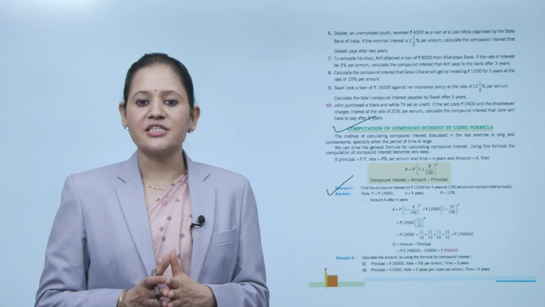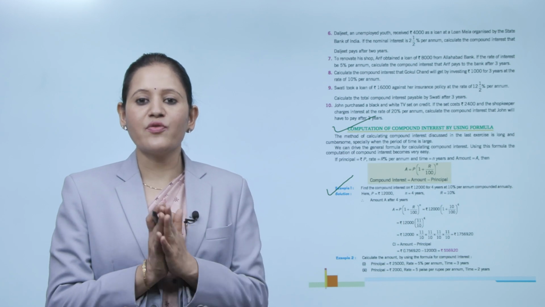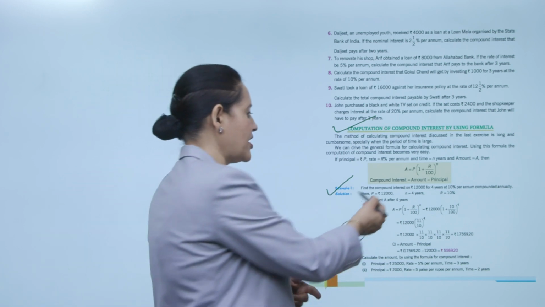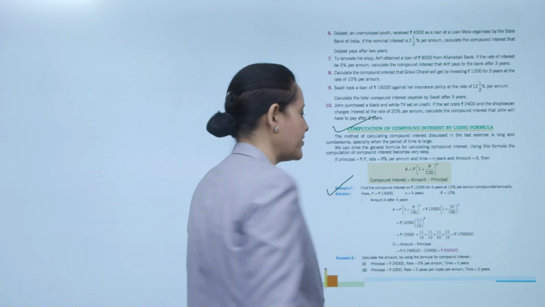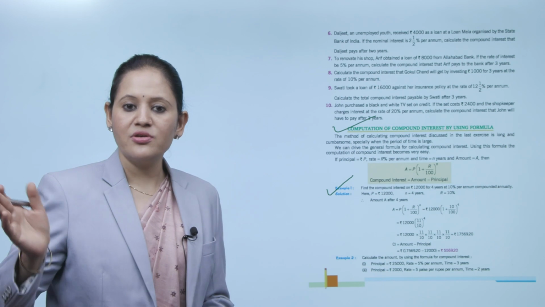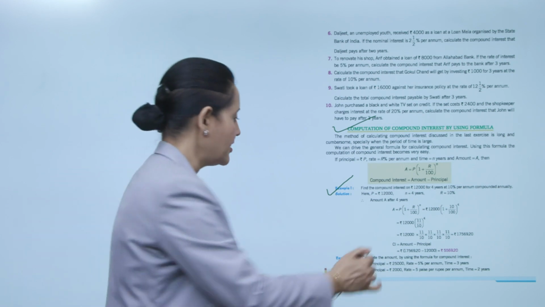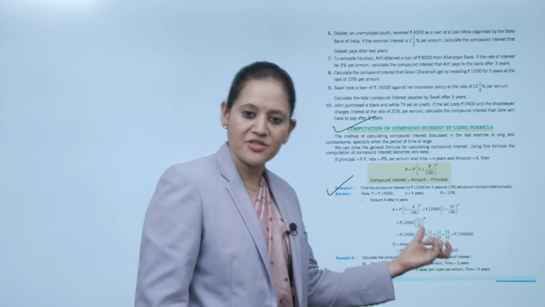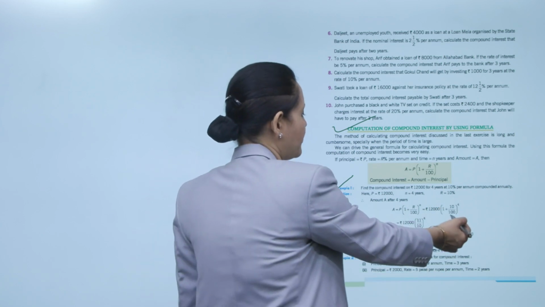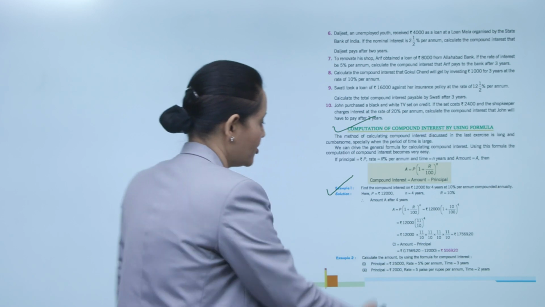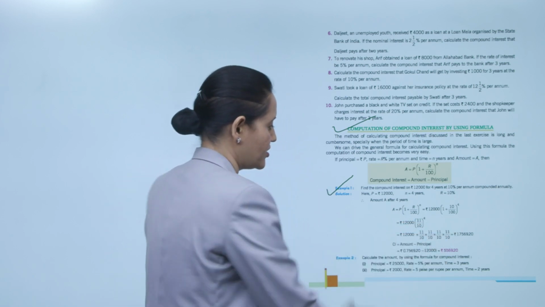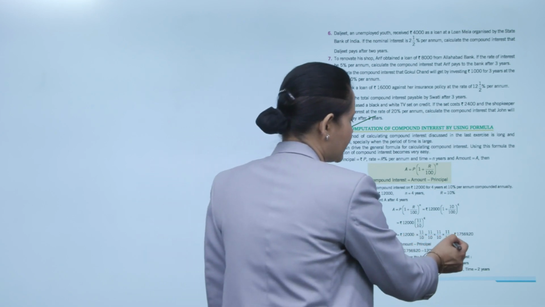Find the compound interest on rupees 12,000 for 4 years, 10% per annum compounded annually. Principal is given 12,000, time 4 years and rate of interest 10%. So amount after 4 years is P into (1 + R/100) to the power n. P is 12,000 rupees, (1 + 10/100) to the power 4. 12,000 multiplied by (11/10) to the power 4. We will solve, that is